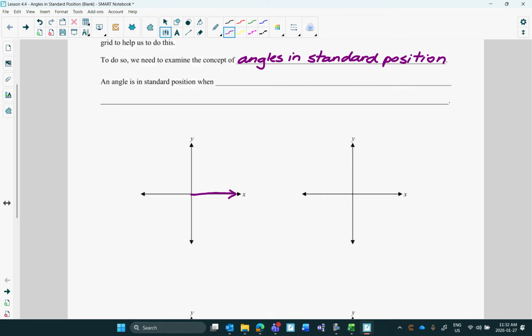It all depends on the angle we're asked to measure. If I'm asked to measure an angle between 0 and 90 degrees, my terminal arm is going to be somewhere in this quadrant, because all the angles you can draw in this quadrant are between 0 and 90 degrees. So in quadrant 1,